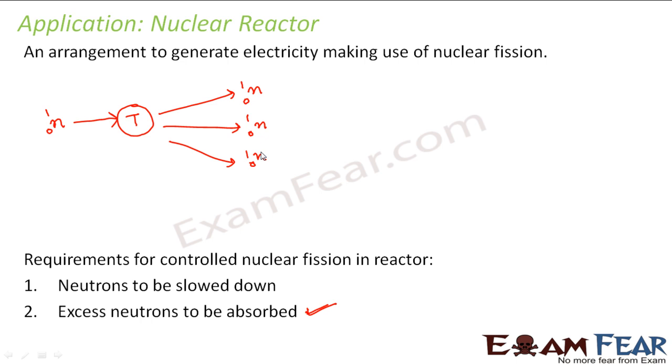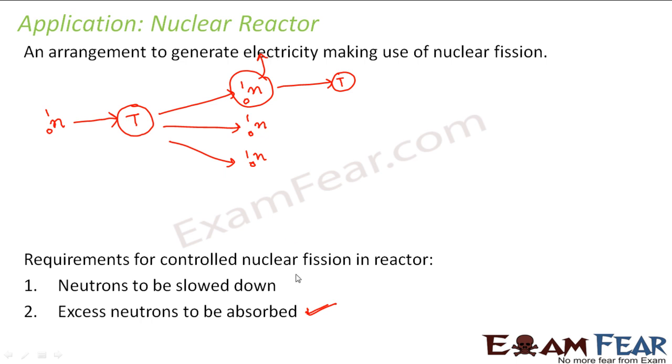What is the other thing? Whenever this nuclear fission reaction takes place, the neutrons which are emitted are extremely energetic. They have very high energy. Sometimes what happens is that if they have extremely high energy, they will just escape out, because we want this neutron to strike some other target. But if this neutron has excessively high energy, before it could hit the target, it will just escape out. So that is also possible.